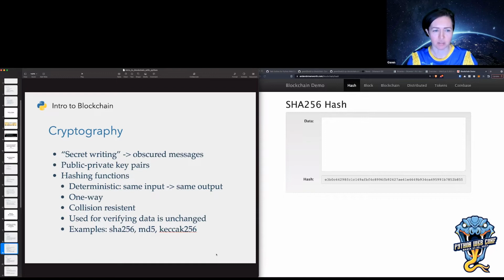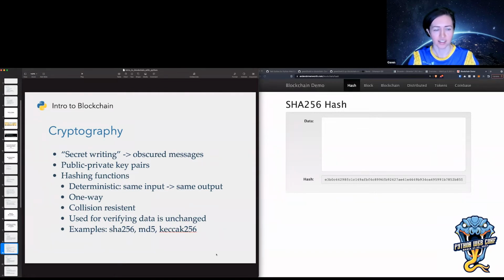Cryptography means secret writing, which are obscured messages, but there are so many layers built on top of cryptography now that I think it can be a little hard to understand what it's doing. So there are basically 2 major ways that it's used in blockchain.